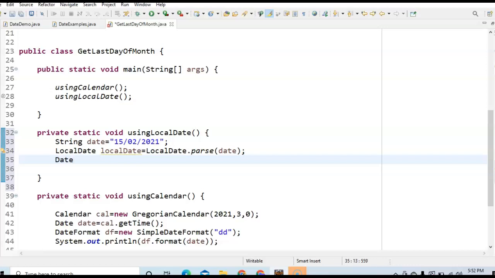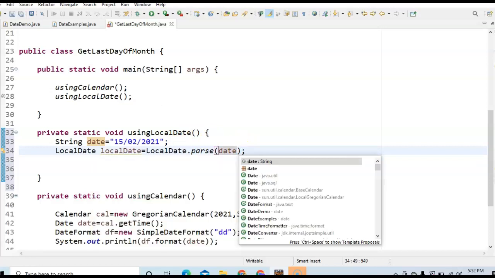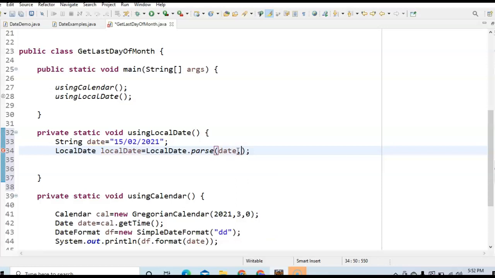And what is the next step? To this local date and the parse method, we can pass the datetime formatter as well. So here let's pass the format as well.